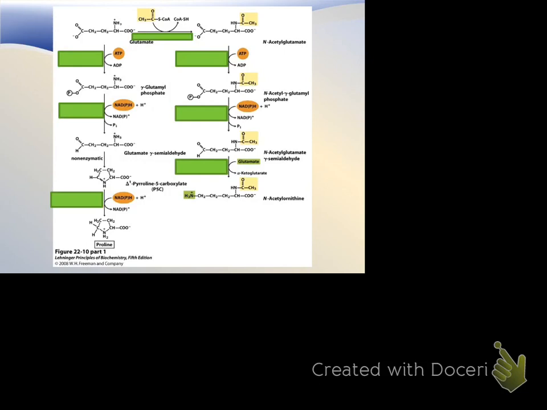So if we just look at this first step here, it utilizes an ATP to make what's called gamma, which just means it's hanging off the end carbon, gamma glutamyl phosphate. So what class or classes of enzymes could this be? It's a kinase. If you're going to name this one, what would you specifically name it? What are you kinasing? Glutamate. So it would be glutamate kinase. See? So you guys have already learned a lot.